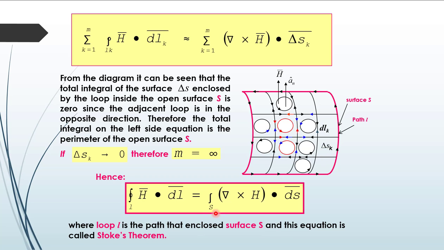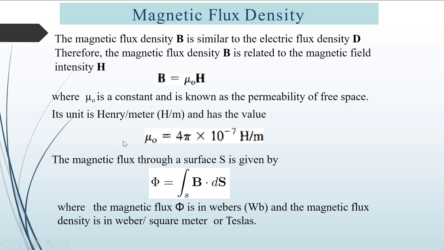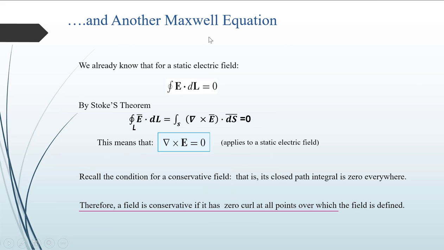This is the Stokes theorem. So we have to remember this equation. One more thing I want to tell you: yesterday we saw the B bar dot ds bar equation, and there I told you to represent this flux by psi, but in our books it is indicated by phi. So we'll use the letter phi to indicate magnetic flux and the letter psi to indicate electric flux. So remember this equation: phi is equal to the surface integration of B bar dot ds bar.